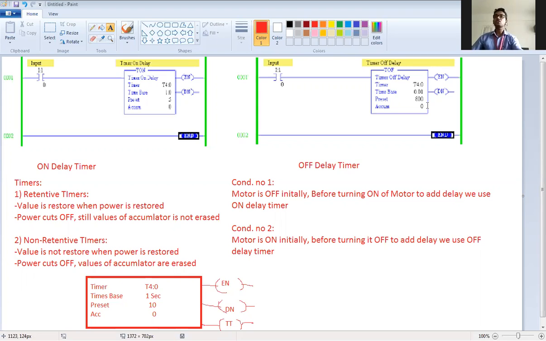Okay, so if any query is there, you can ask me. Okay, already time is running out. So what we'll do, we are ending the session, we are rejoining it. Okay, so that